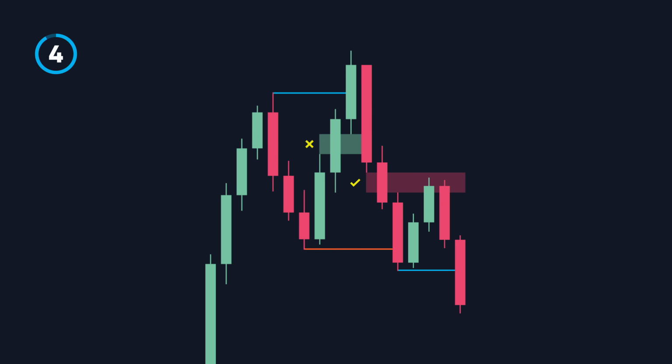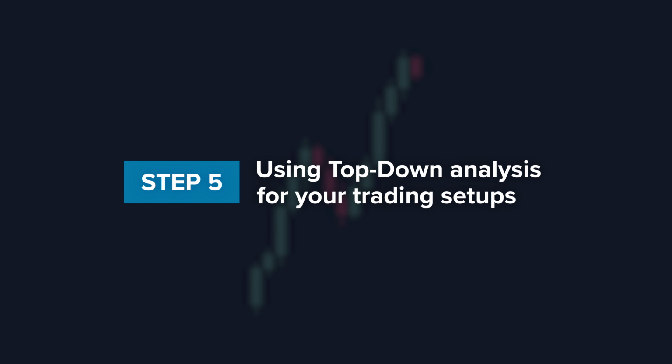This is the typical setup that we tend to see when the market creates a liquidity sweep. And the important note to take here is that we shouldn't actually be taking trades solely on how the price reacts to the external range liquidity. Instead, we should be looking at how the market structure forms, and then look for entries when it has shown a clear directional bias. Which moves us on to the next step, which is that we should be using top-down analysis when looking for our trade